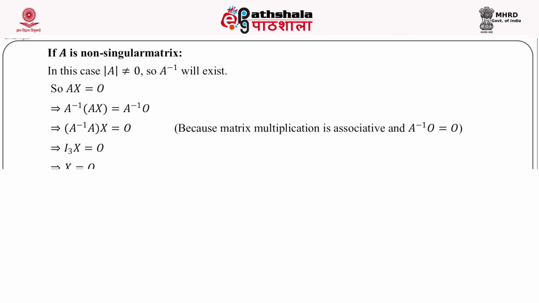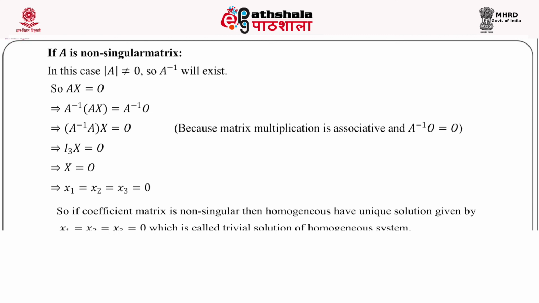So x equal to 5 by 3, y equal to k minus 4 by 3, and z equal to k also satisfy the third equation. You can check this. So the given system has infinitely many solutions, which is given by this relation, where k may have any real value. These are some questions for exercise.